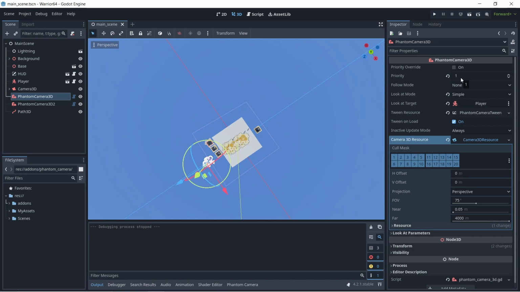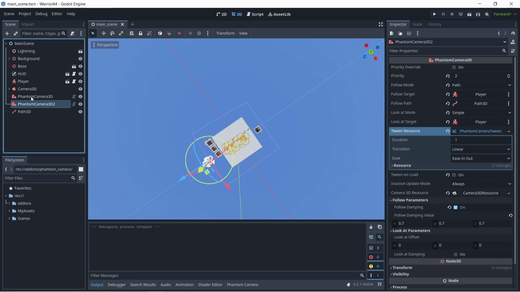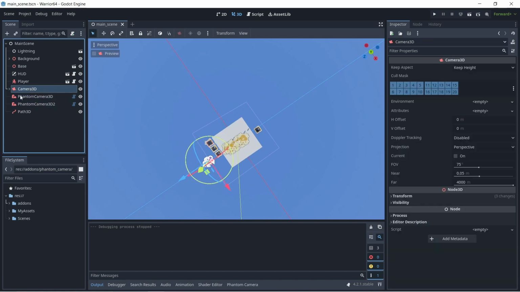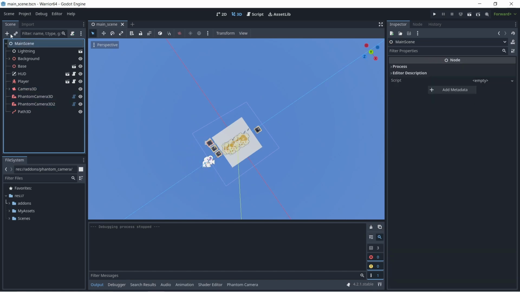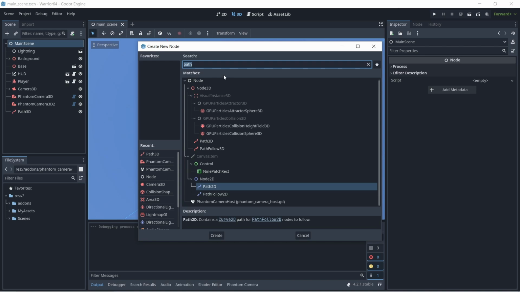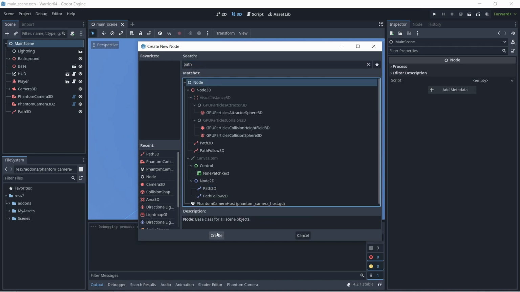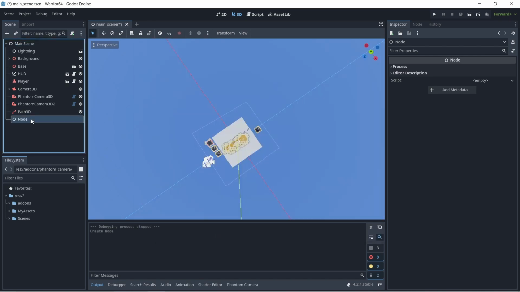However, how do you change the priority? And that, of course, there are many different things you can do. What I will do is just add a camera manager node, which is just going to be a normal node. I don't even need it to be a Node3D, and I'm going to put it around here so that all the